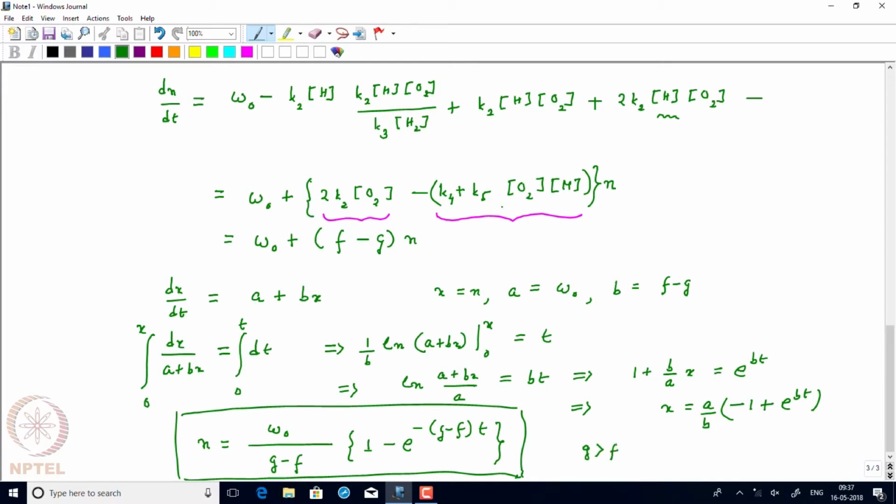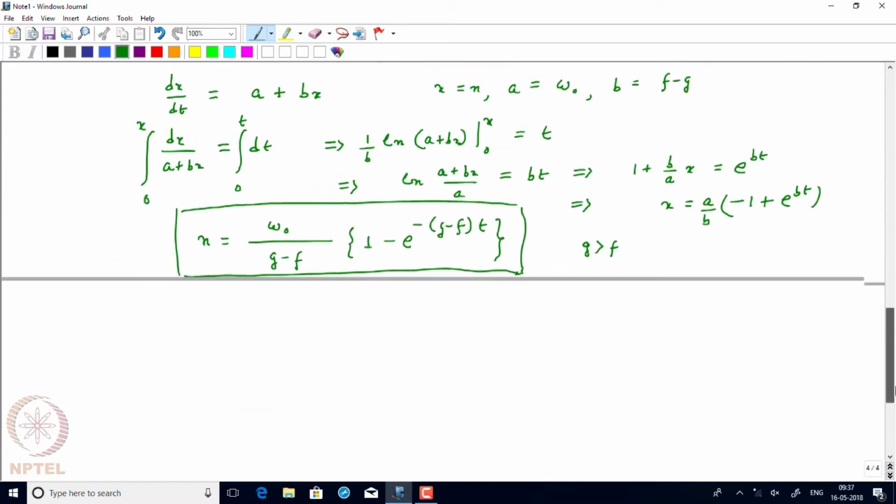What is g? g is the term (k4 plus k5 into O2) into M, and f is twice k2 into O2. So this means g has the termination step. If the termination is happening first, if that rate is higher, then g will be greater than f. But if it is the other way, say g is basically less than f,